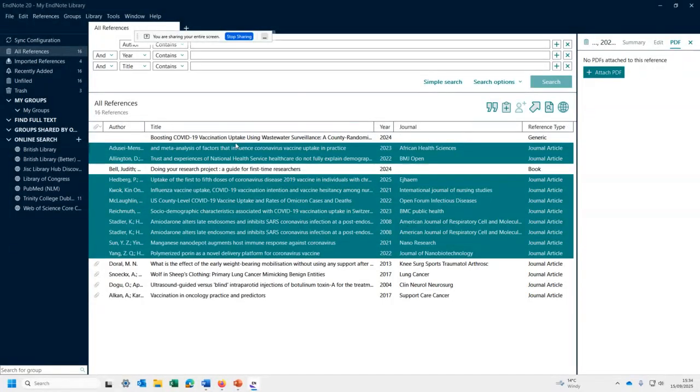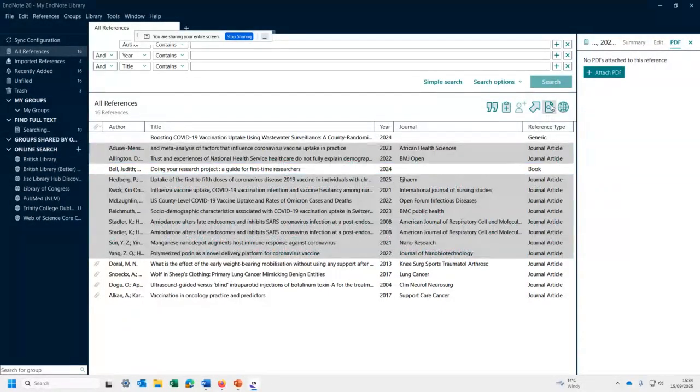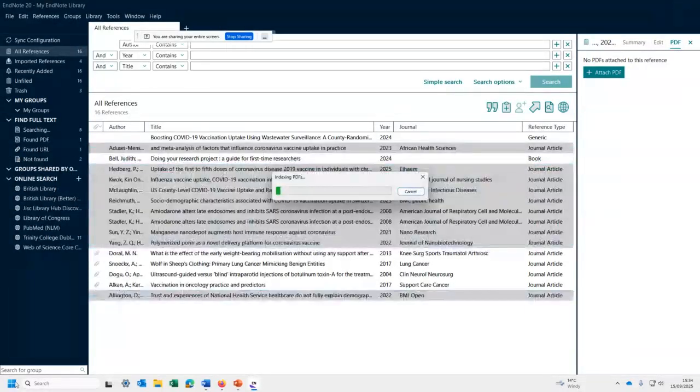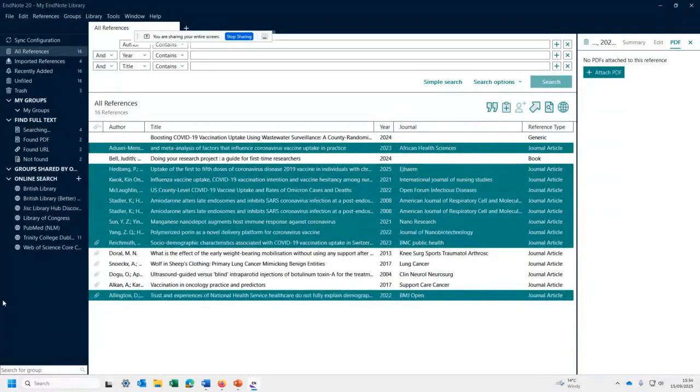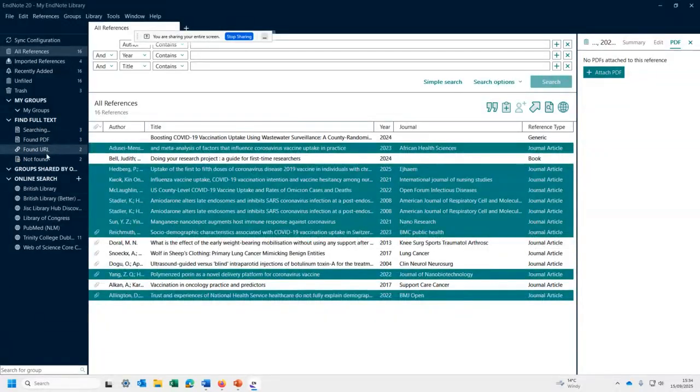Okay, so I'm going to ask EndNote to see if it can find the full text for all these articles. And the way it does that, if you come up here, search the web, you see it up there. I'm just hovering above it. Search the web for full text documents for the selected references. Okay, so I'm just going to ask it to see if it can find full text. So I've clicked that option, and now you see up here on the left-hand side, it's searching, and it gives you updates on how it's getting on. So it's found 2 PDFs, it's found 2 URLs, 2 were not found, and it's still searching on 2.